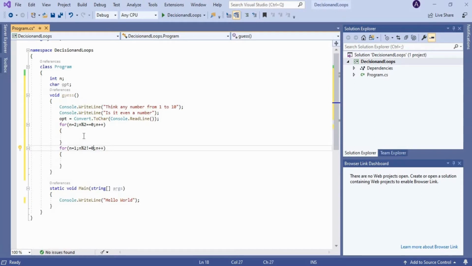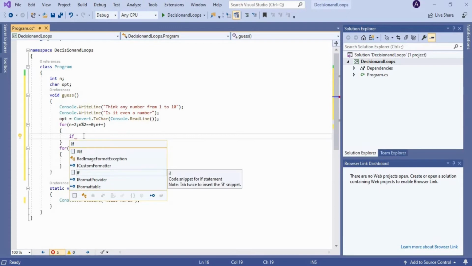So now we can first find out the number if it comes under the category of even number, right? So again we may ask the user whether the number thought by the user is the smallest of all even numbers greater than 0, right? So if this statement is true, the number which is thought by the user will obviously be 2, right?